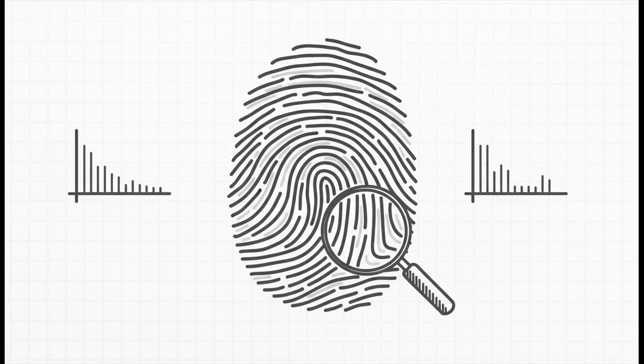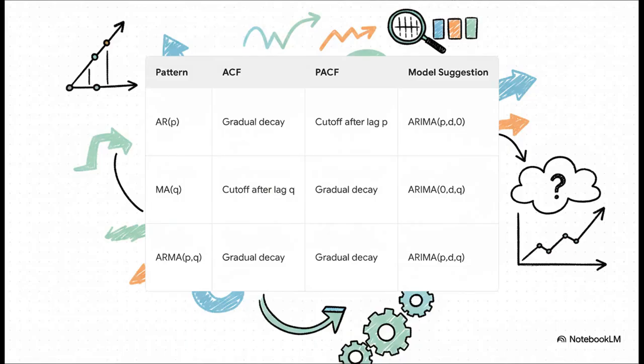The best way to think of them is as the data's unique fingerprints. By just looking at the shapes of these plots, we can get an incredibly good idea of what kind of memory and shock patterns are hiding in our data. And this table? This is basically our decoder ring for reading those fingerprints. For instance, if you look at the top row, it tells us that if our PACF plot shows a really sharp drop-off, while the ACF plot kind of fades out slowly, well, that's a huge clue pointing us toward an AR model. By matching the patterns we see in the charts to this guide, we can figure out the right